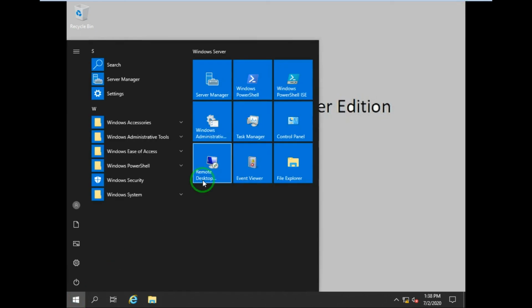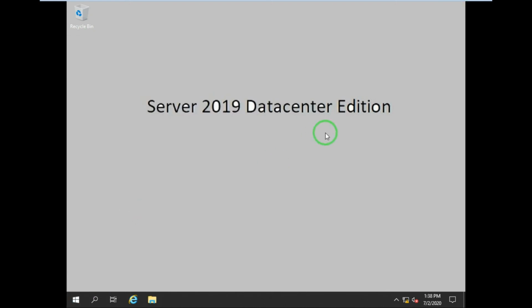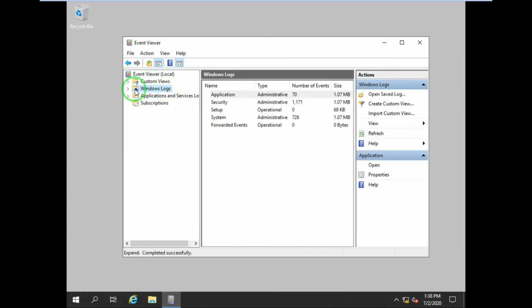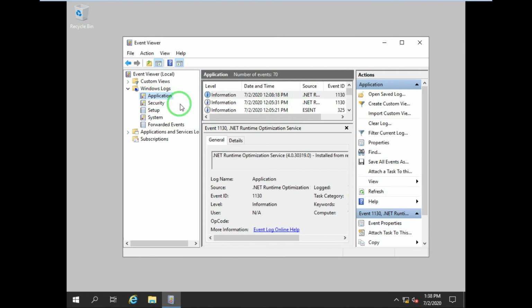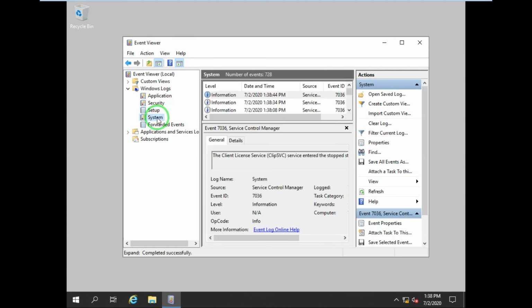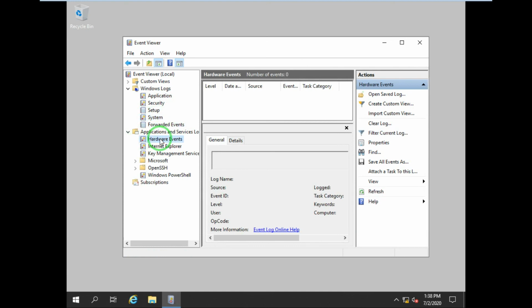Now the next we have over there is Event Viewer. With the help of Event Viewer, we can manage the logs. If you find any error in the Windows logs, you can see that. If you expand this, we have the application option. If there is any information or any errors, they're showing me everything. In setup, if I'm running any application setup and I have any errors or warnings, they're showing me over there. System events are also there. If you go for hardware events, that means if you have any error or warning, like imagine I attach one hard disk to this server and the hard disk has some issues, they're showing me over there. So it maintains all the logs.